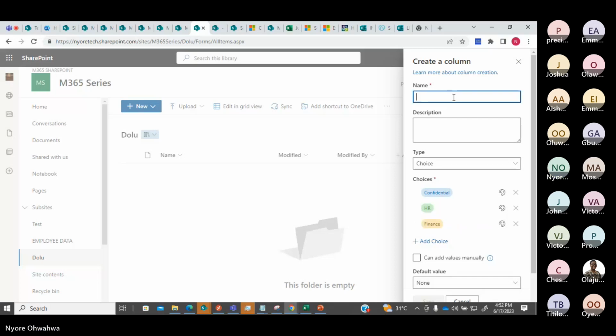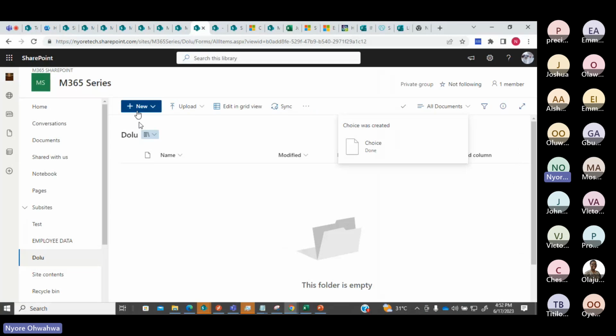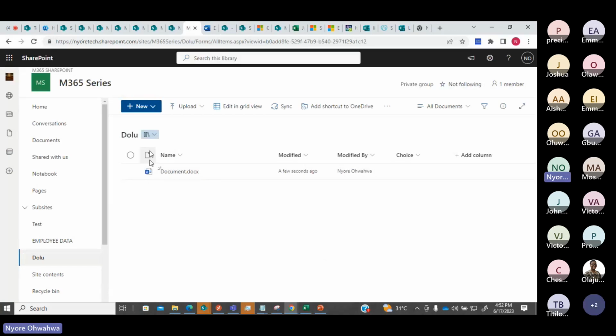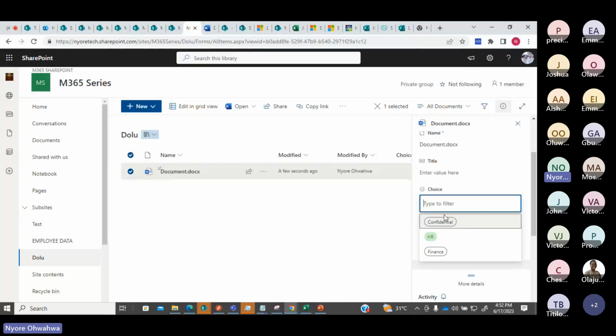And then let's just save. So for example, I create a Word document just like that, and I can say, okay, I just want to tag that document with any of these choices that I have created.